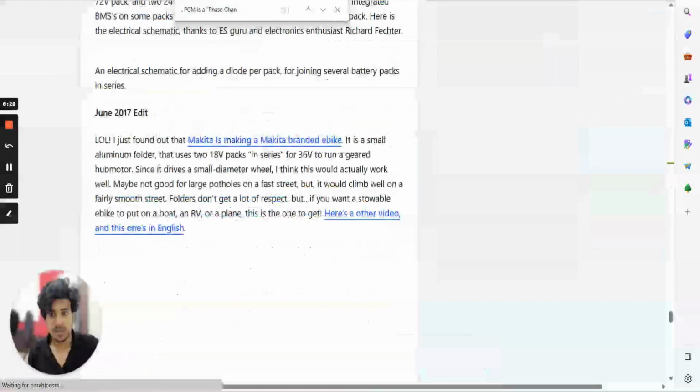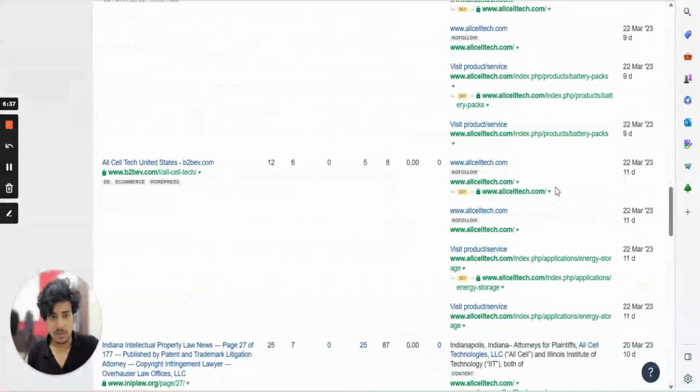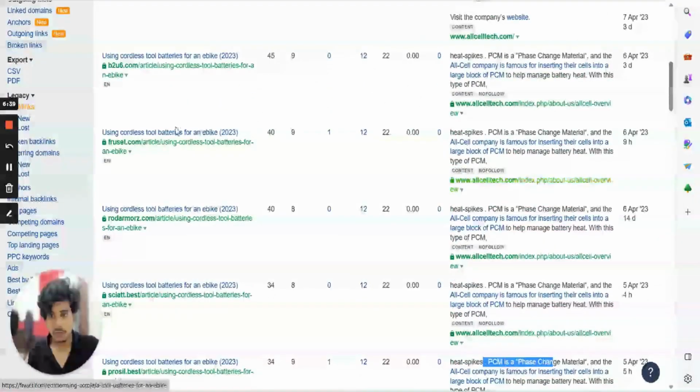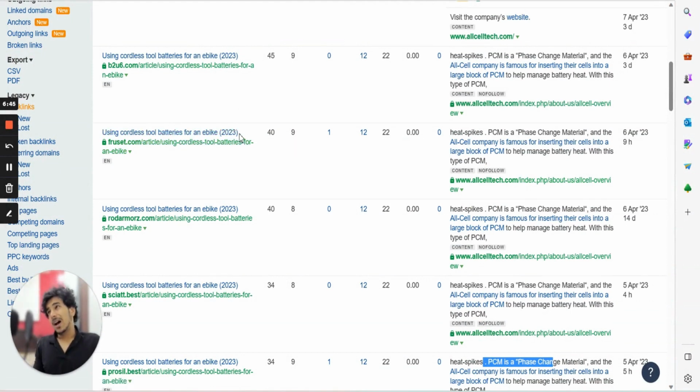I think this was made recently, and that's why it is like this. So this is suspicious in my opinion. You can see "using cordless tool batteries for an e-bike 2023." Usually affiliates create sites like this, so maybe this domain was used as an affiliate site in the e-bikes niche. So what I will do is mark this as suspicious, not really spammy,